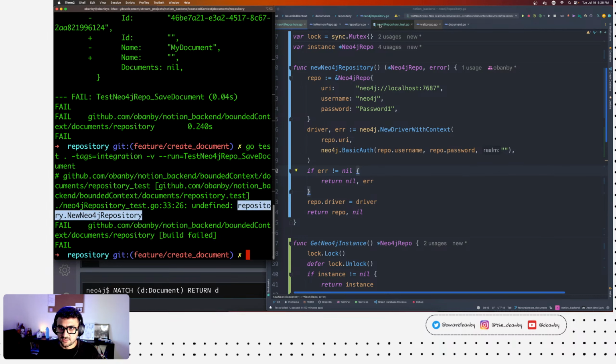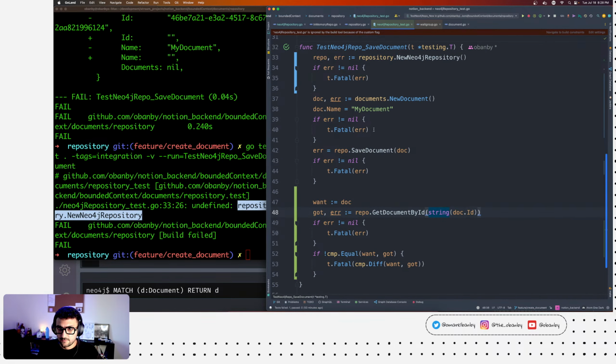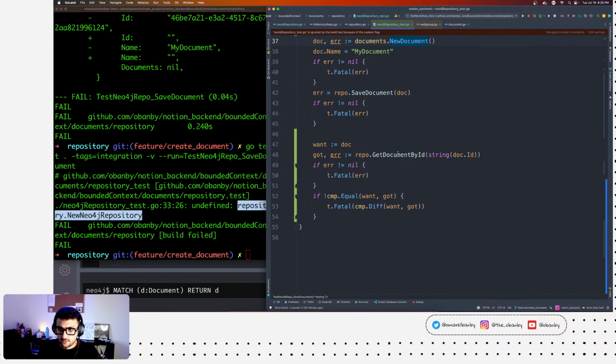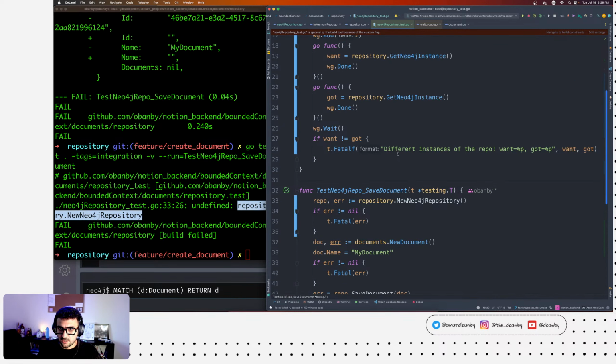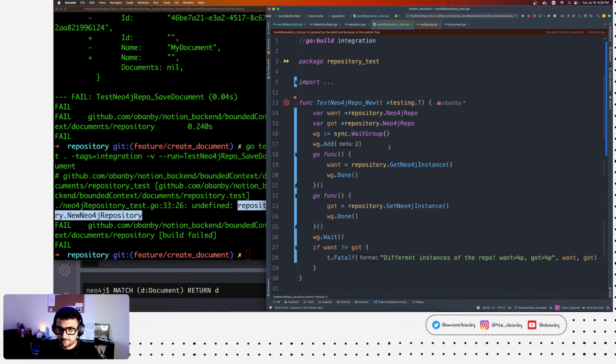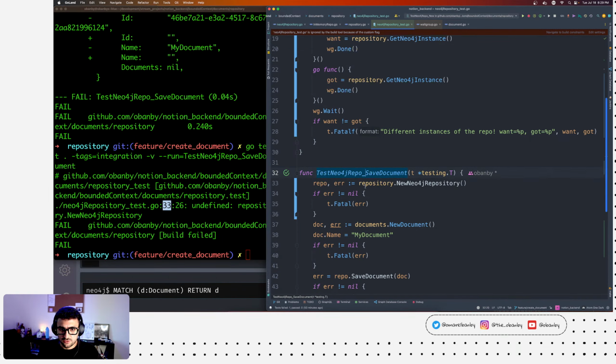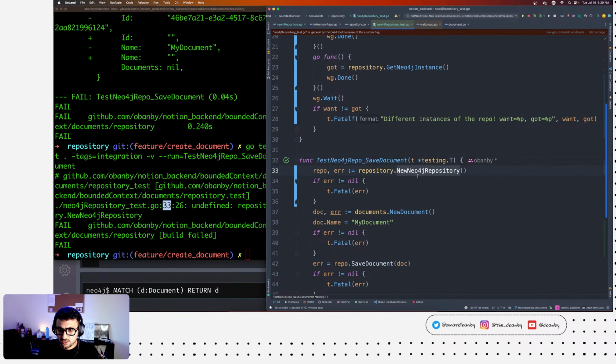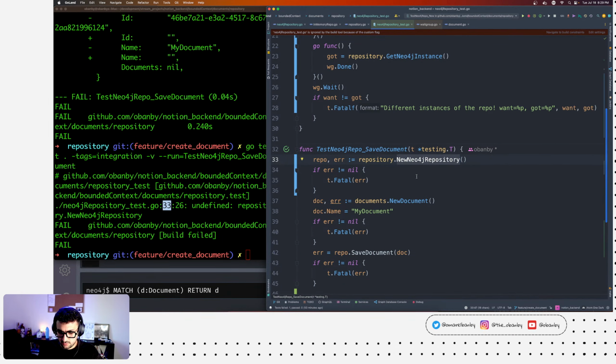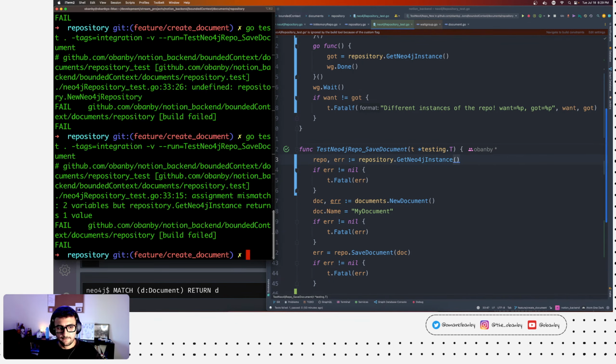So now we have something in the test that's referring to the new. Where is that coming from? This is coming from our repository to test, line 33. Right. Bam.